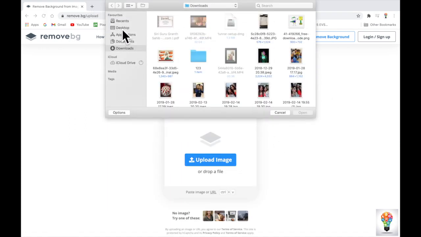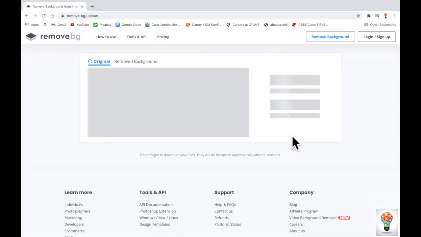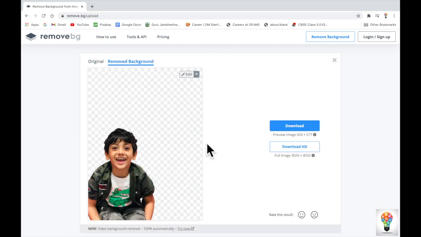Okay, so here it's showing me the image results. For example, I want to remove the background of this image. So I have got this image and the background has already been removed. So if I want to simply remove the background and get this plain picture, I can download the picture from here, standard and HD version. But if I want to create some other background here, that option too I have.